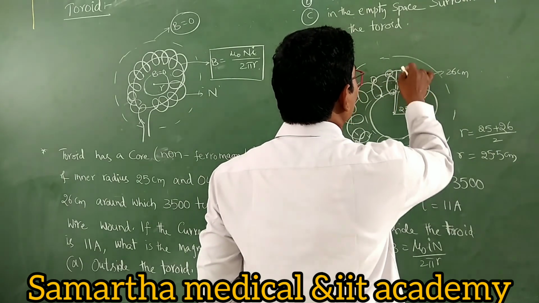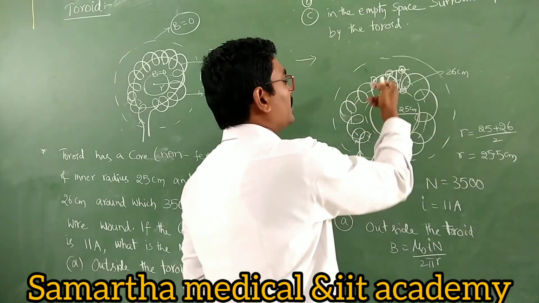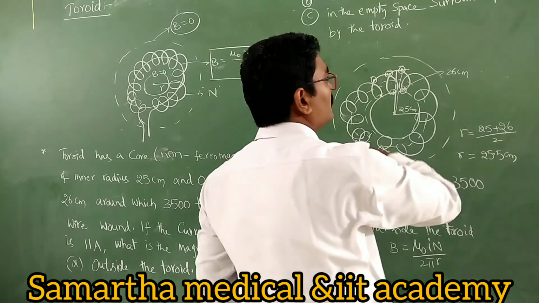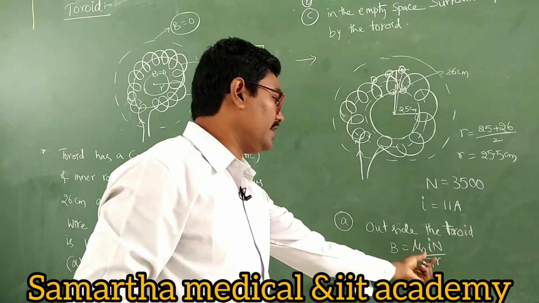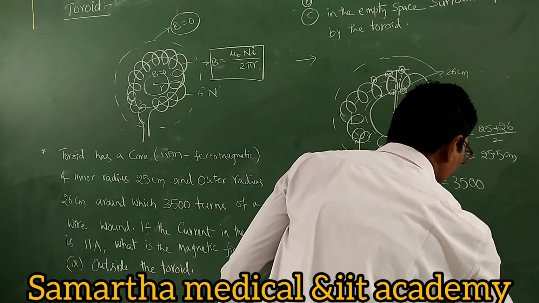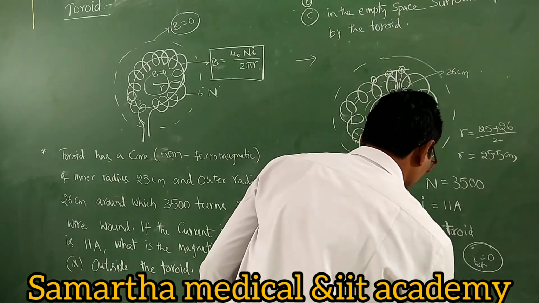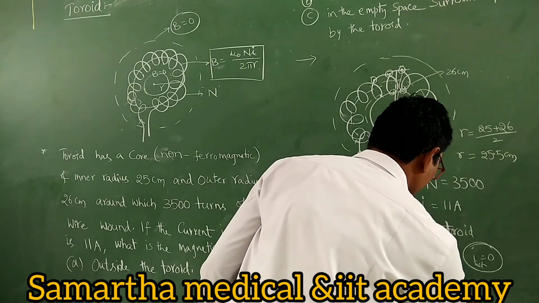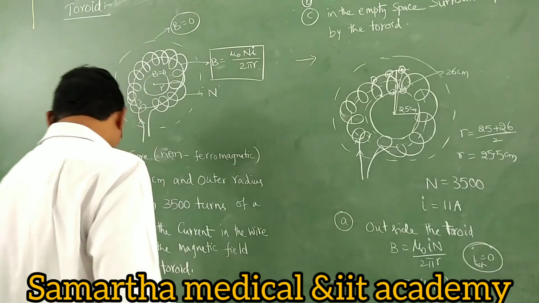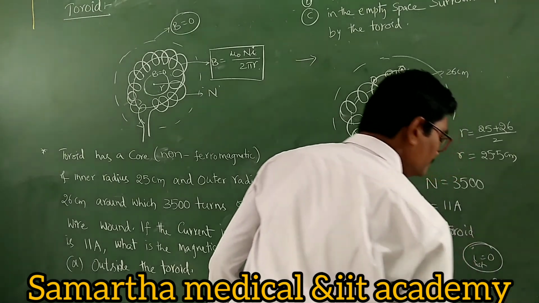Here going inside means here current comes out. So then what will happen? Going in and coming out, both will cancel each other. So the net current enclosed by this Amperian loop is 0. So that's why I, you can write it as 0. So here I will be 0 net. So then mu naught into 0 by 2 pi R. Okay. So the answer is 0.